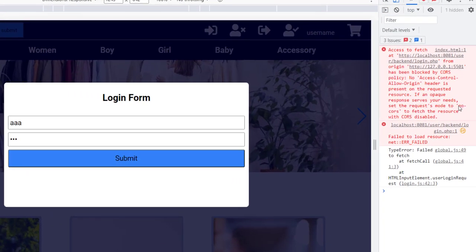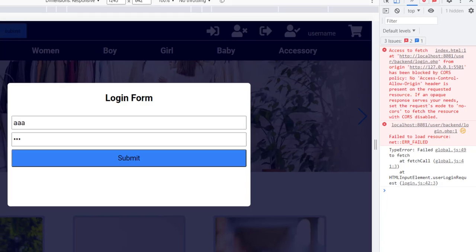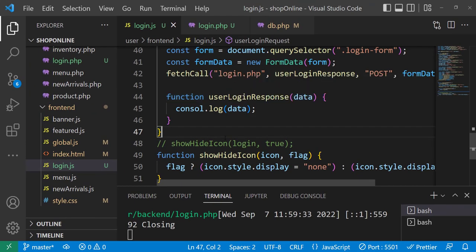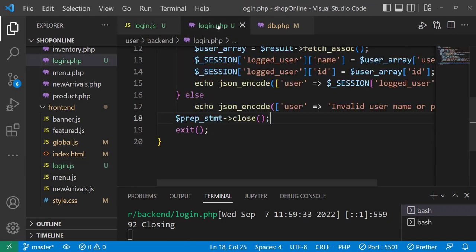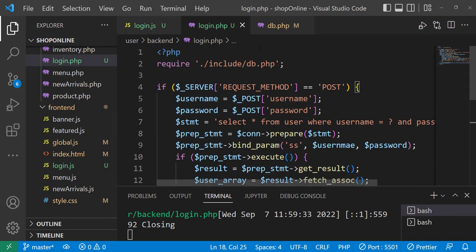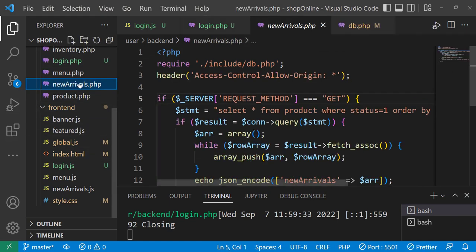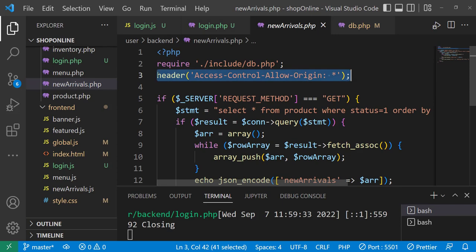F12. Something is not right. Okay, I forgot to include the access control allow header in my PHP file. So now I have two options over here. I can include the header over here like I have been doing in other PHP files. Let's see this one. Like, let's copy this and paste it in the